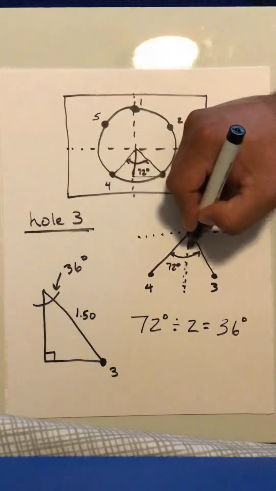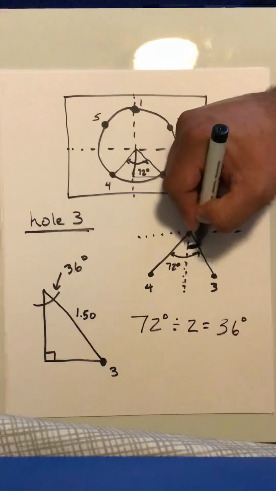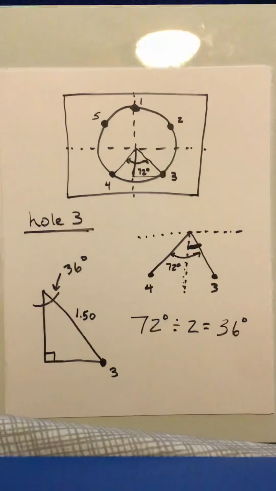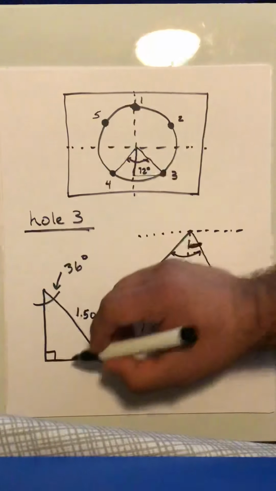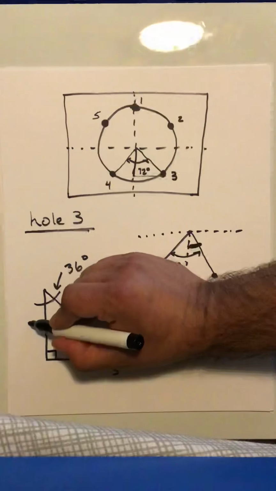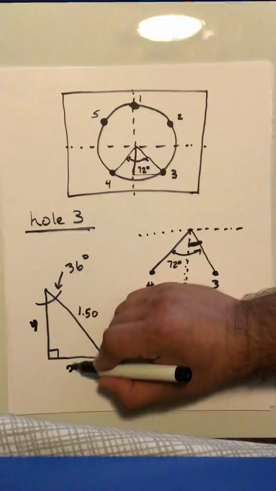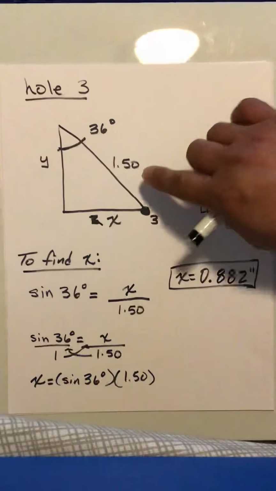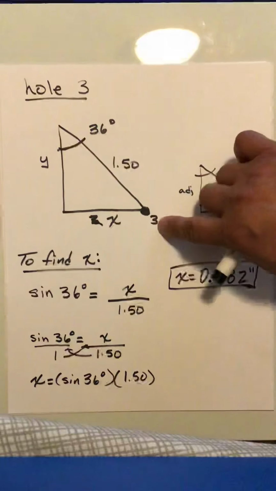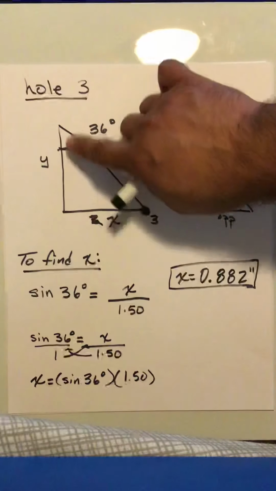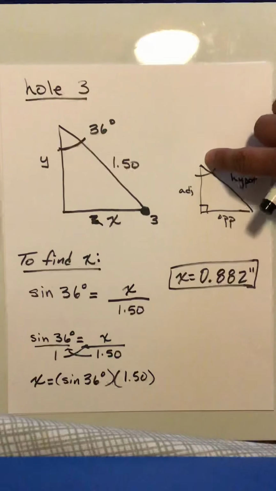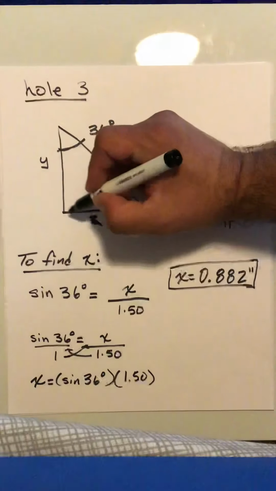So from this straight down axis to my line, or radius, to hole 3, that'd be 36 degrees. And this is a triangle I'll be using. This would be my reference angle. I'm going to say this is my y axis and that's my x axis. So this is what I have right here again: the y axis, the x axis, and I'll find the x location and the y. If I use this as my reference angle, and of course this is my 90-degree angle,